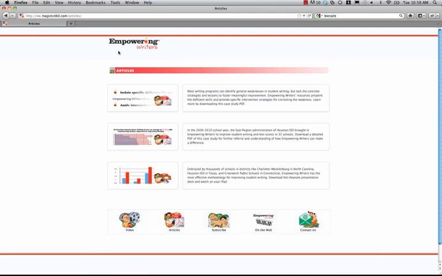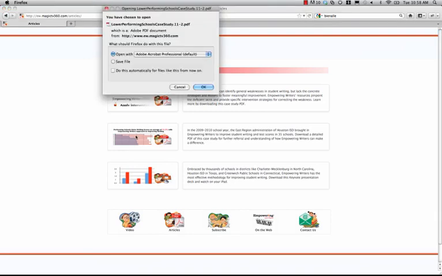A couple of things we've done here as well is that the PDFs that we received have been uploaded, so that if you click on any of these links you can download them from the server. If you were a user coming to the site and you wanted to gather information, whether it's training or resources relative to further presenting the idea of Empowering Writers services, then you could go into this area and download that